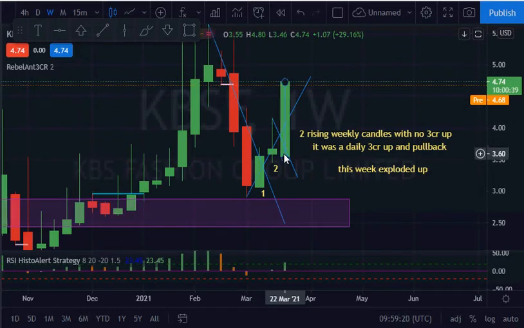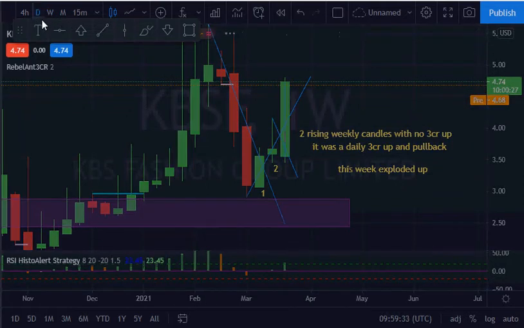Swing 4 will be the pullback, which is, we're talking about the pullback on the H4 daily chart, rather, the daily 3CR up and pullback. Swing 5 is the explosive impulse move. So if we drop down to the daily,